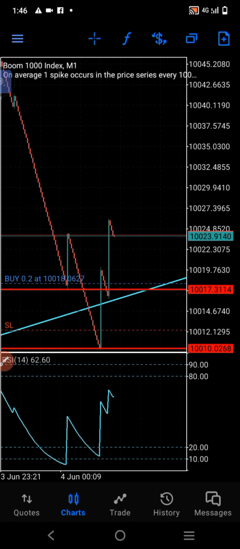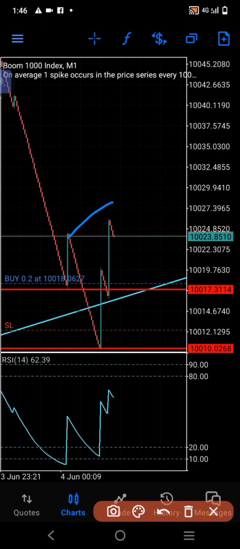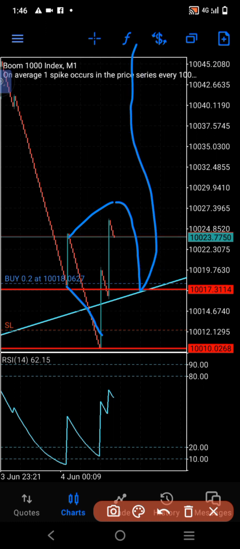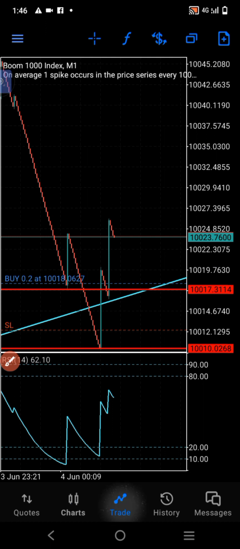But for this particular example, for this particular trade, we're going to close it because we've gotten a QM pattern right now, and usually price will go down to retest this broken level before spiking back up. So we're closing this trade right now, guys. We are closing that right now